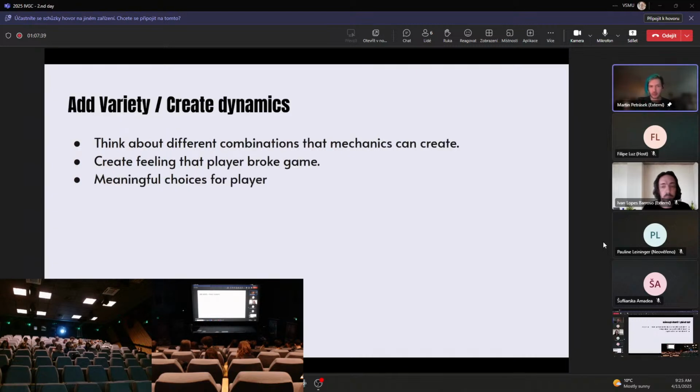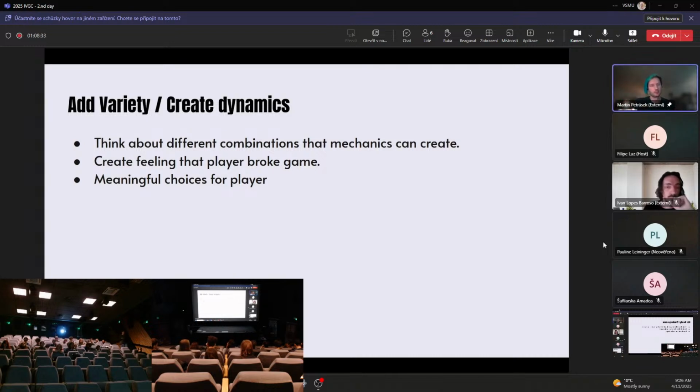Okay, the second step in your creating process should be to add variety or create dynamics, which means that you will create more mechanics. It's important to think about this slowly. When you introduce new mechanics to the player, you want to give them new inputs to learn slowly, because otherwise you will overwhelm them, and you really don't want to create something that will frustrate players at the beginning. To do it, just create a few other mechanics and think about how they influence each other